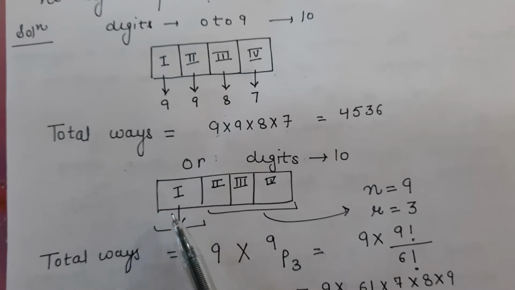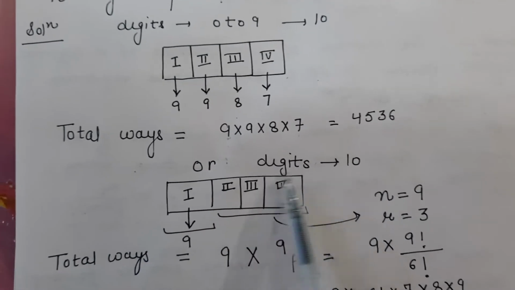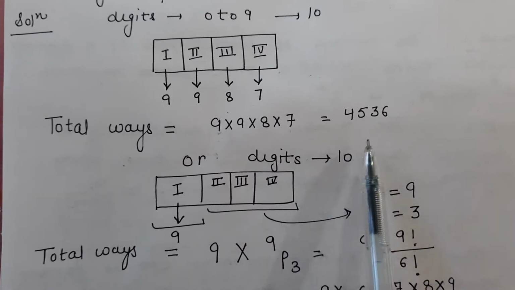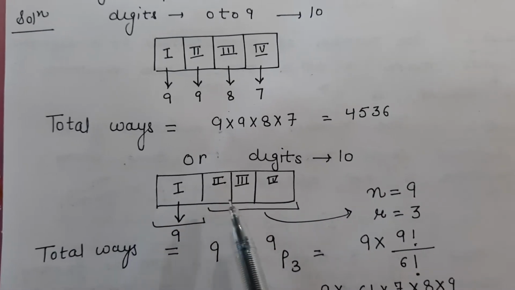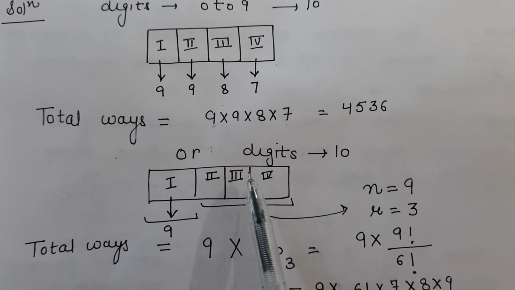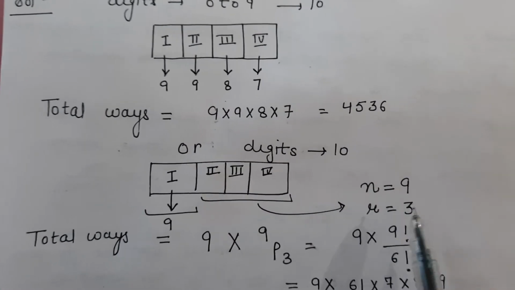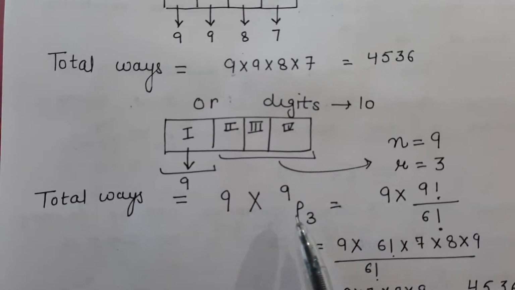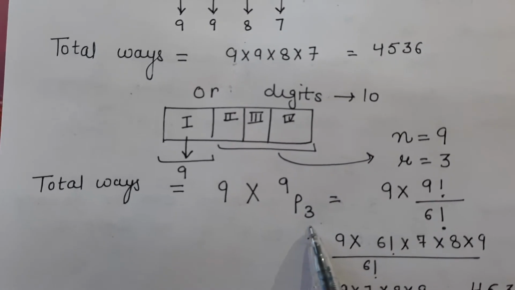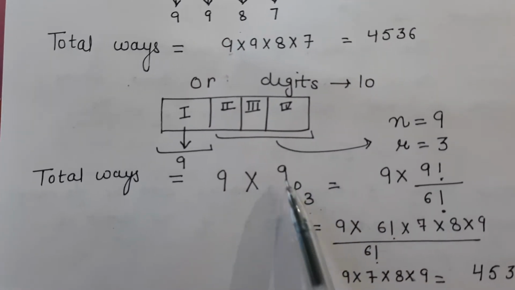Now second way, by using permutation, the digits 0 to 9 total are 10. Again, the first place you cannot take 0 here, so it can be filled in 9 ways, as there is no restriction for these 3 places. 0 to 9, 10 digits, we have used 1 here, so now we are left with 9 digits, and places you have to fill are 3. So out of 9 you have to choose 3, right? So 9p3, the number of permutation of 9 objects where you have to choose 3 and the repetition is not allowed is npr. So here 9p3.